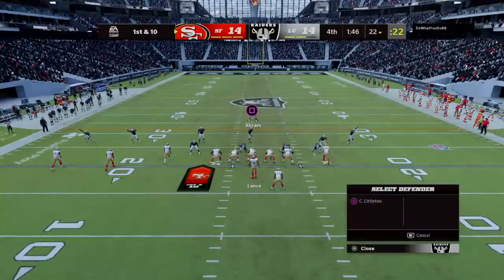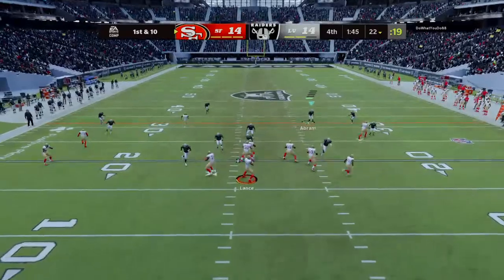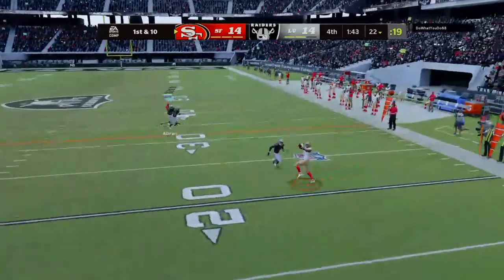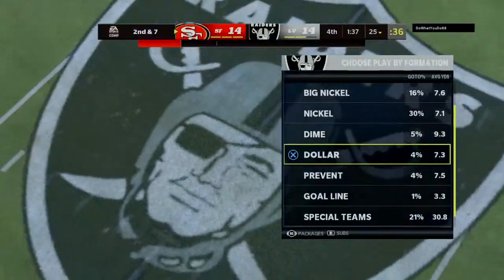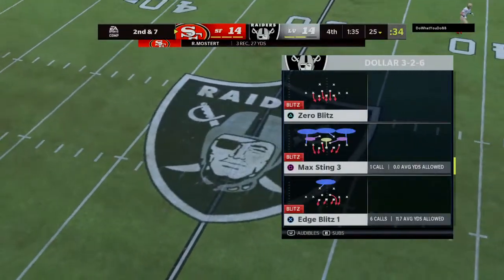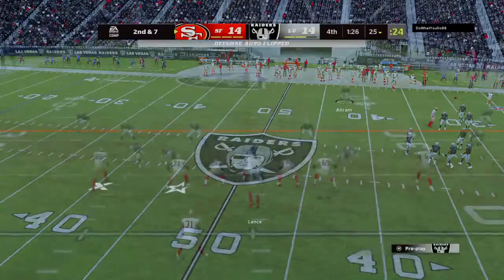49er offense set to get this drive underway. They had a great drive going last time. They were moving the ball, and then all of a sudden it just stalled out. So we'll see what they can do here, Charles. And it's always easy to second guess when you don't get it on a fourth down try. But they had to like the feeling that they had going on offense. They want to continue to see if they can capture that again on this drive and maybe get in the